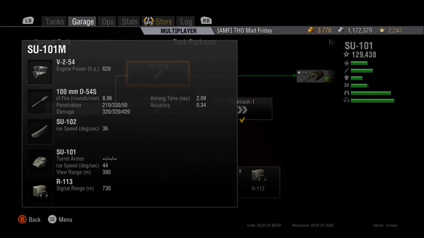Pen is acceptable. 219 at tier 8, that is pretty good. It's not amazing, it's not crap, with 320 alpha with 100mm. But you do at this point get the nice heat rounds, 330 pen with 320 alpha. This allows you to fight tier 10s easily, although with the rate of fire and the ammo count of this